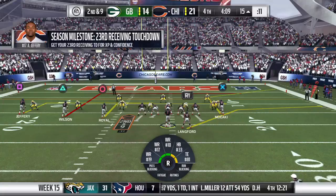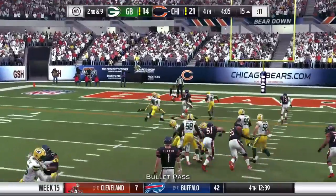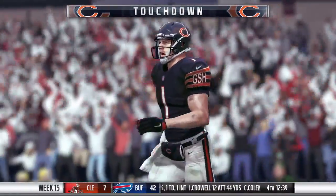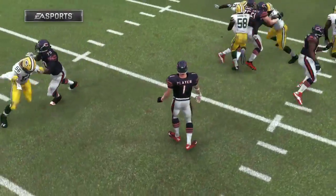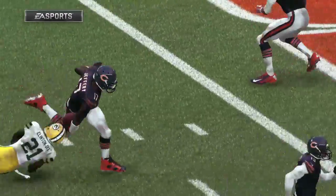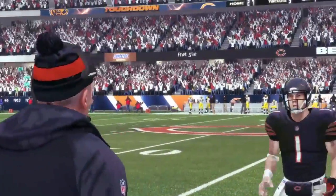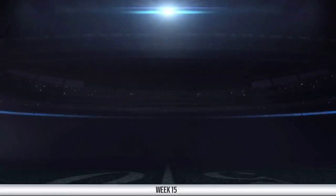So now we're going to see that loading the box in a big way. 6, 7, 8, 9, whatever it's going to take. And he takes this one in for a Bears touchdown. Alshon Jeffrey with a career-high 4-touchdown game. And the Bears will add on to their lead. And let's count them up now. 1, 2, 3, 4 touchdown receptions for him in this game. And just one shy of the NFL record. What a great performance. Going up and catching the football, creating...